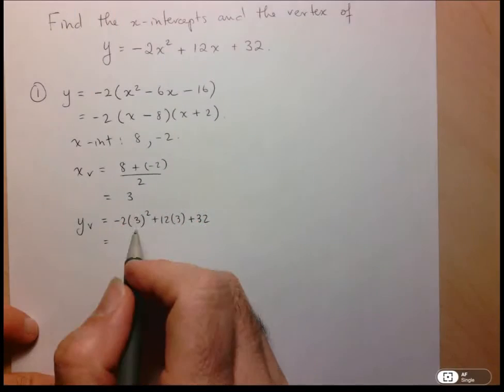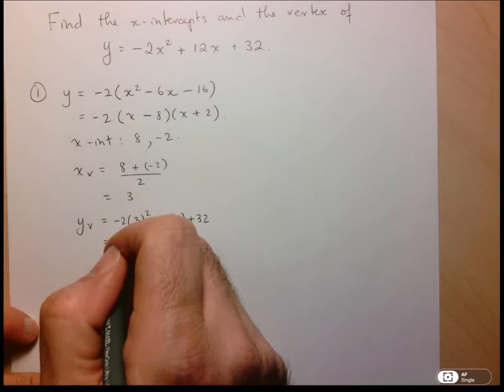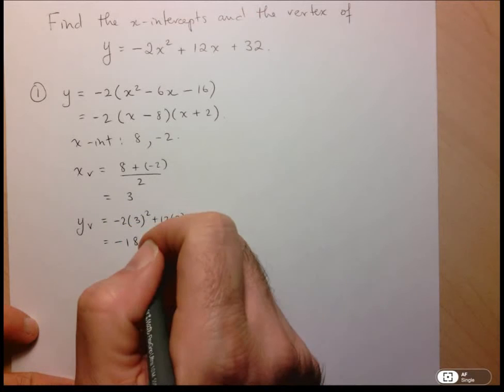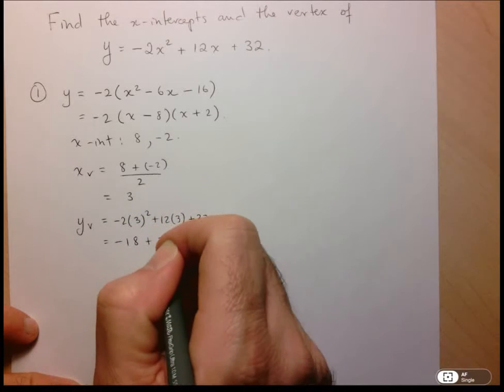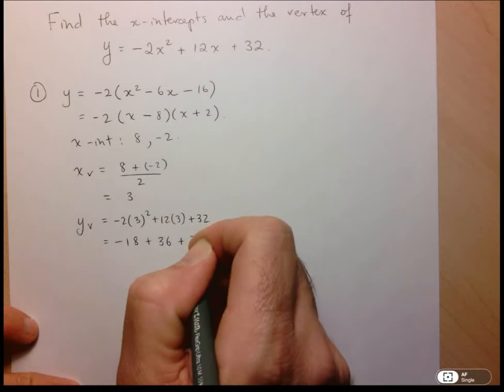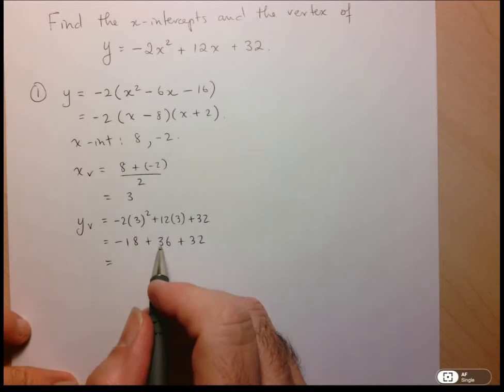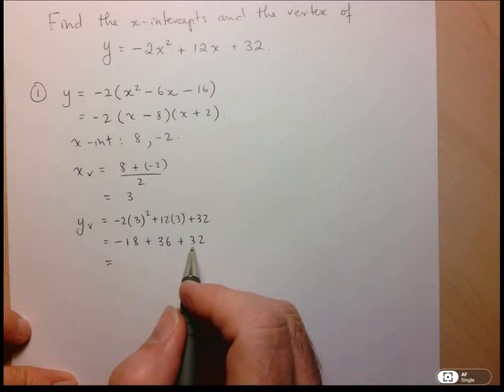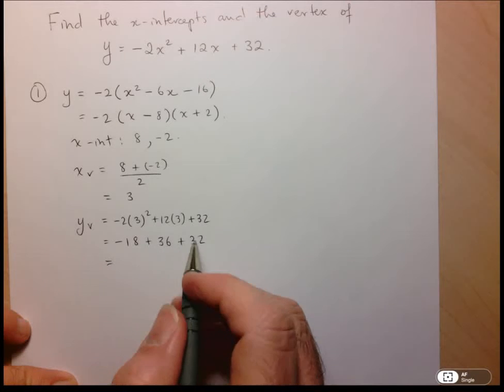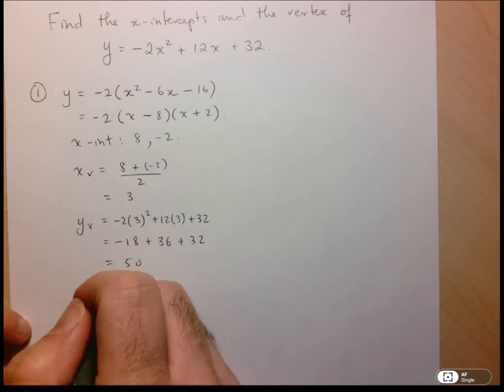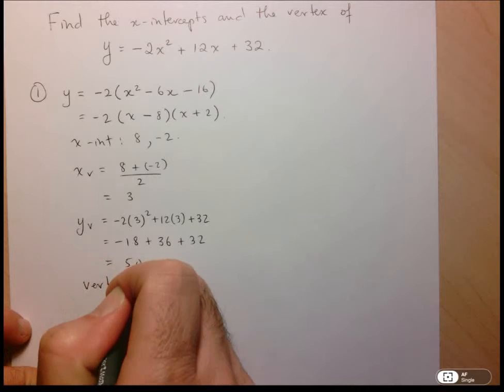Here, 3 squared is 9, times negative 2 is negative 18, plus 36 plus 32. So what do we have? Negative 18 plus 36 is positive 18, plus 32 is 50. Okay, so our vertex is